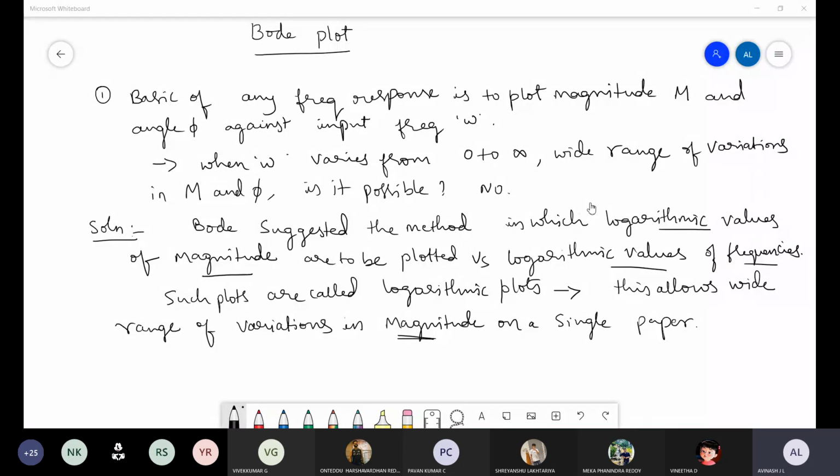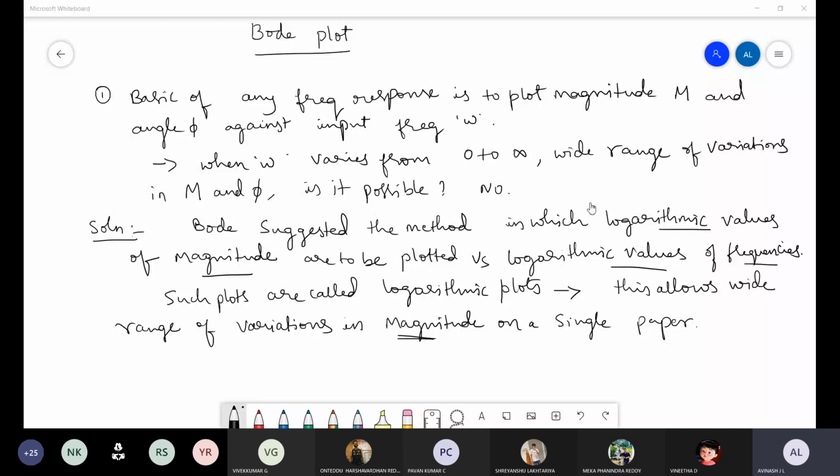Now, what are the things that will be there on a semi-log sheet? In a semi-log sheet, we have a provision for frequency scaling: 0 to 1, 1 to 10, 10 to 100, 100 to 1000, and so on, the scale goes up. When you take a normal sheet and plot from 0 to 1000, how much length would it need? It is very difficult. So when you use a semi-log sheet, you divide the frequency in powers of 10, in decades.